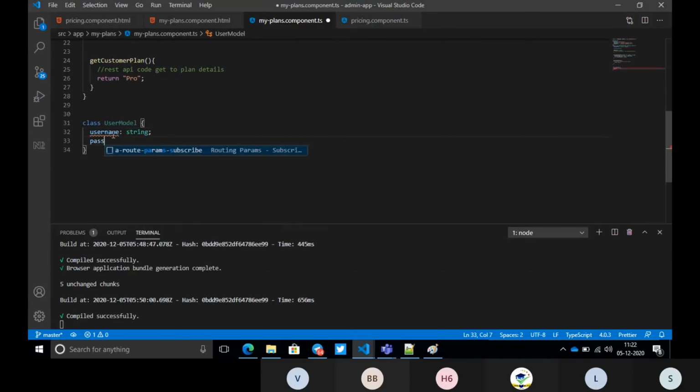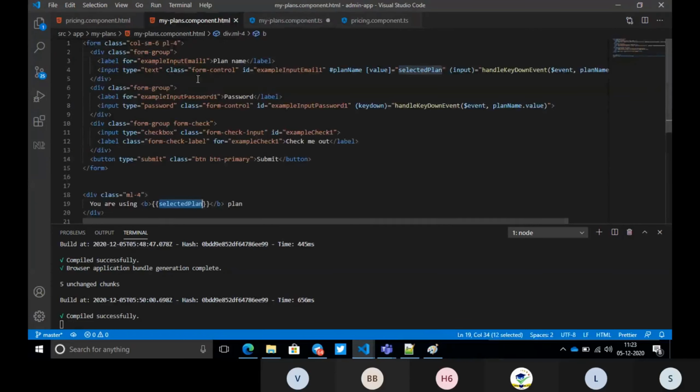Another is password, also a string type. So I have defined these variables. Now I want to use this to map with our form.